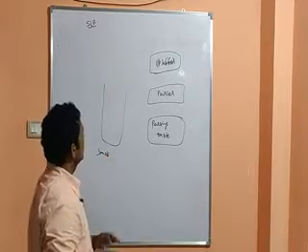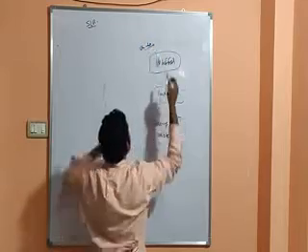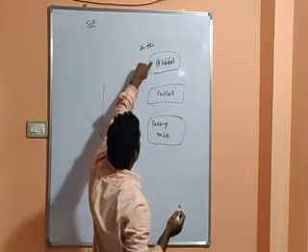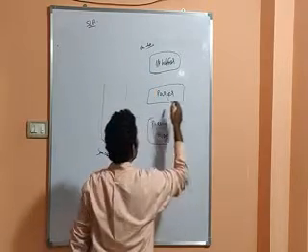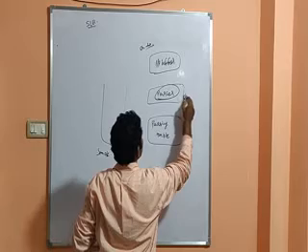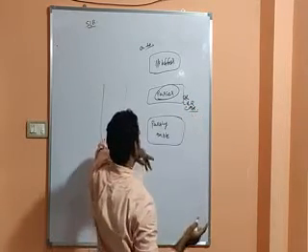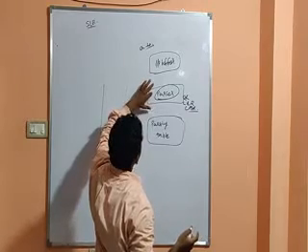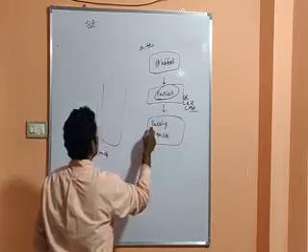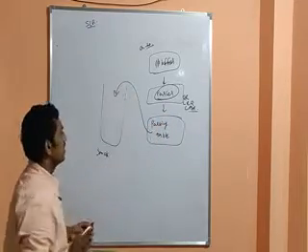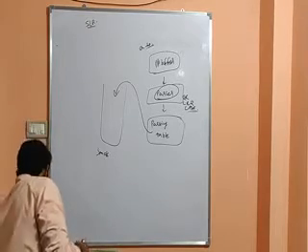What this means is, whatever data we give, for example a plus b, the data will be moved to the input buffer. After that, it will move to the parser. Whatever parser it is, we may use SLR, CLR, LALR. The data moves to the parser, then to the parsing table, and after that the data will be moved to the stack. So this is how the general process happens.